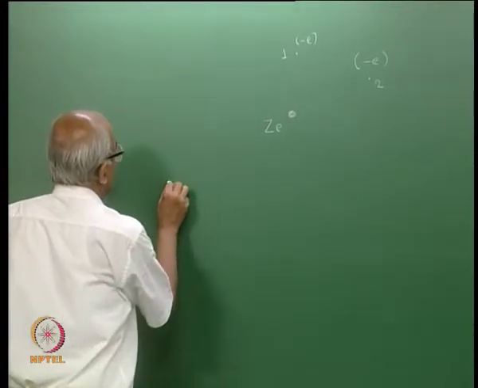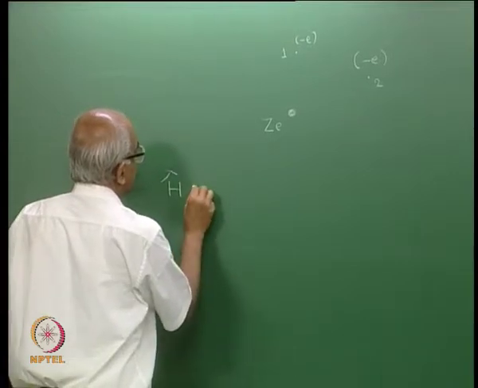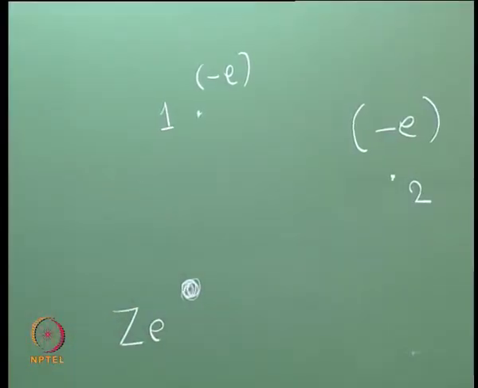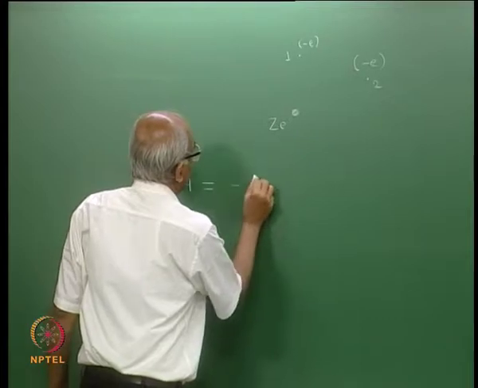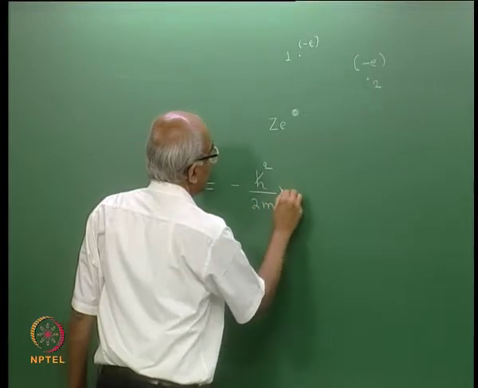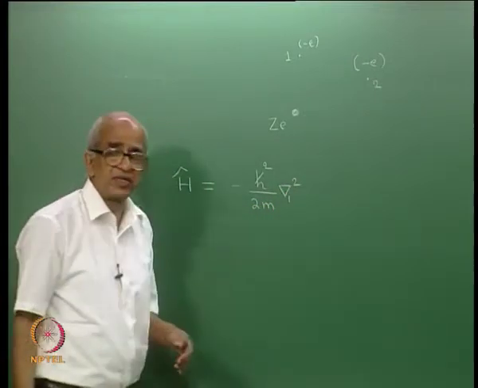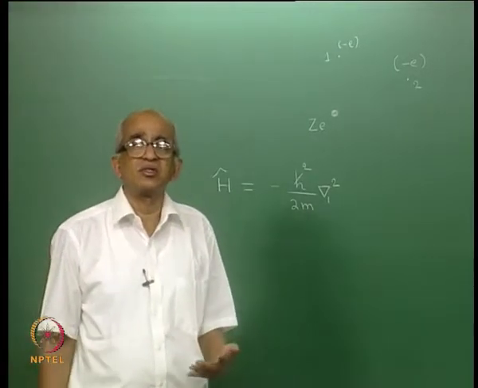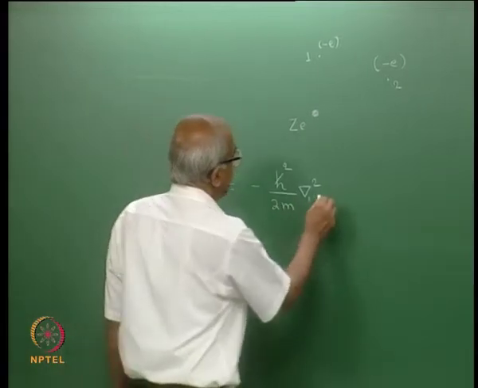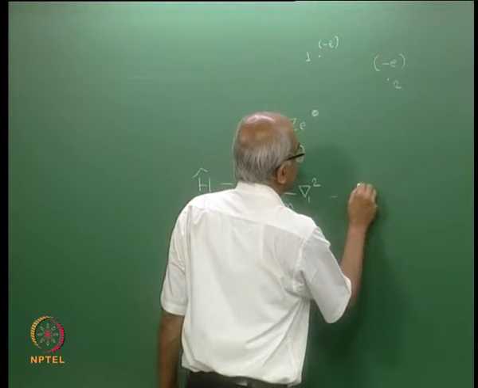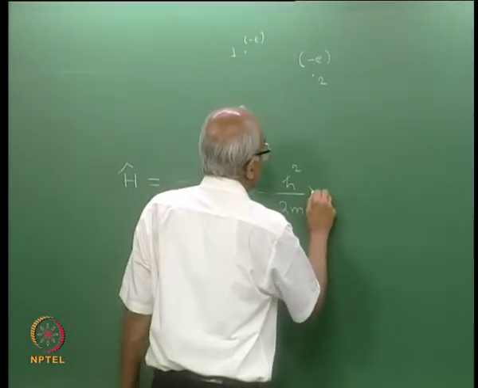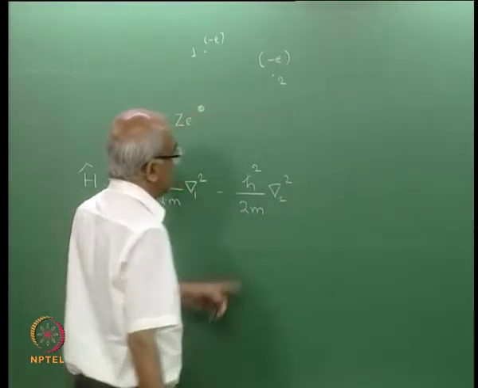and then if I think of the Hamiltonian, you have H given by the expression which I will write now. This first electron is moving, so it has kinetic energy, and therefore associated with that I shall have the operator minus ħ² by 2m ∇₁². ∇₁² means I am differentiating partially with respect to the coordinates of electron 1. There are 3 coordinates, so this involves 3 partial differentiations, and then I would also have the kinetic energy of the second electron, which gives me another operator, minus ħ² by 2m ∇₂². Again 3 partial